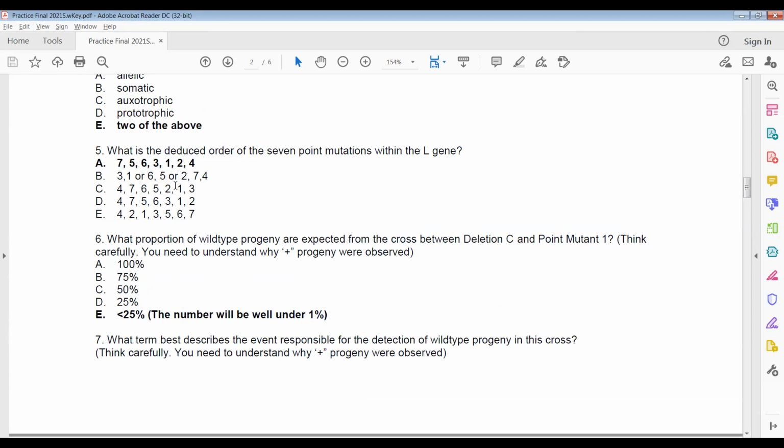Why? Because this crossover occurs within one gene, right? So we are talking about the crossover between 1 and 3. So this is a very small region. It's within a gene. So the chance of having a crossover in this region is very low. So we're going to choose this one. So based on the common sense,